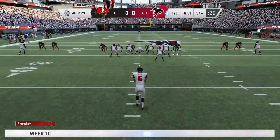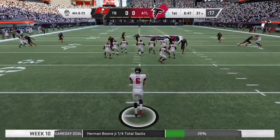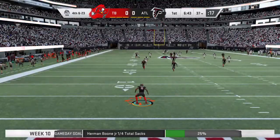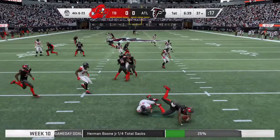They just gave up a sack there, and if I'm not mistaken, they gave up 4 last week, didn't they? Yes. And just looking really porous, aren't they? They really are, and I'm wondering if they're going to have to start thinking about keeping the tight end in, maybe a back, someone to help assist, because right now...